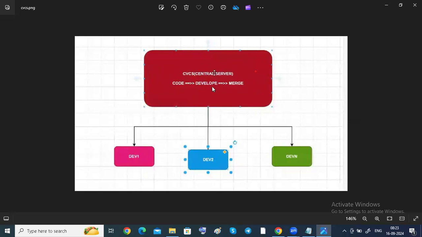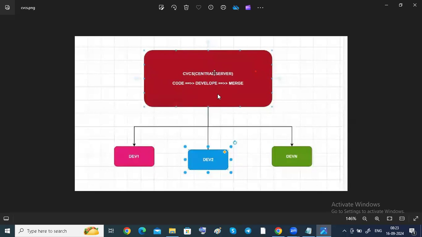Whenever they develop code in the central repository, suddenly the central repository may crash, have power issues or get corrupted. What will happen then? They will lose their data. That means there is a single point of failure here.